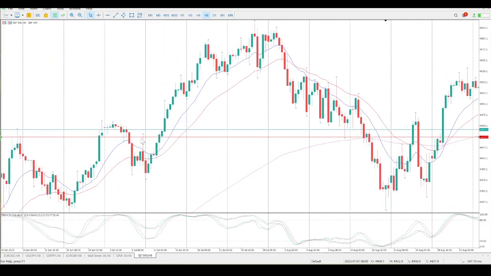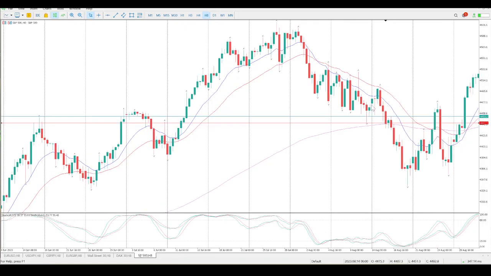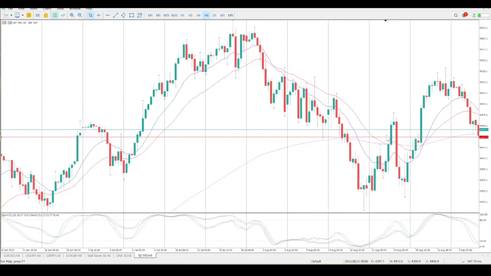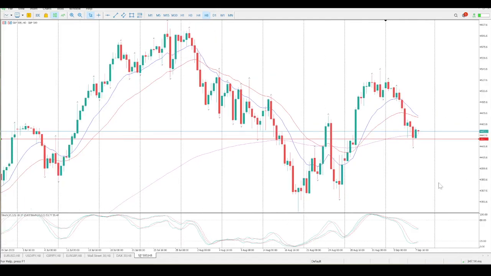There has been some interest here pretty much since June. If you see, there was a rejection, there was another rejection, there was some support, and as I said yesterday, we haven't really come back to test it properly yet, and I consider that now a test. So touch and go, we are in between the moving averages here. It does look like it's a bit of a